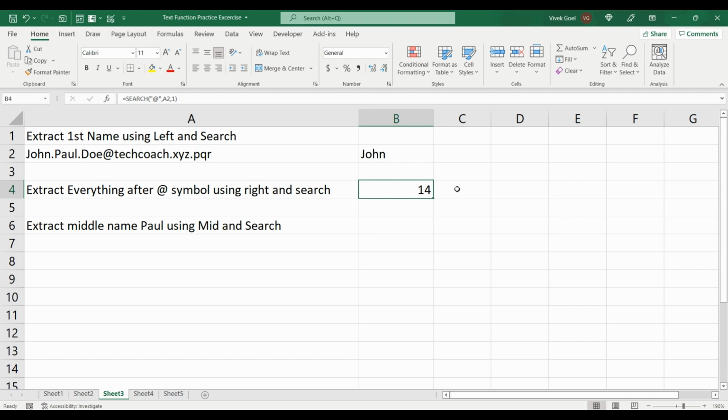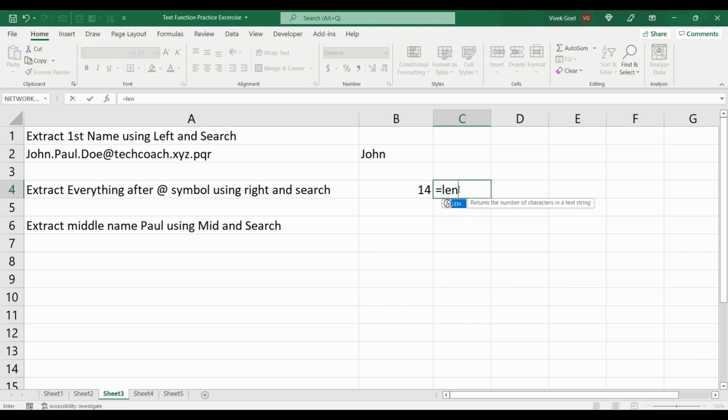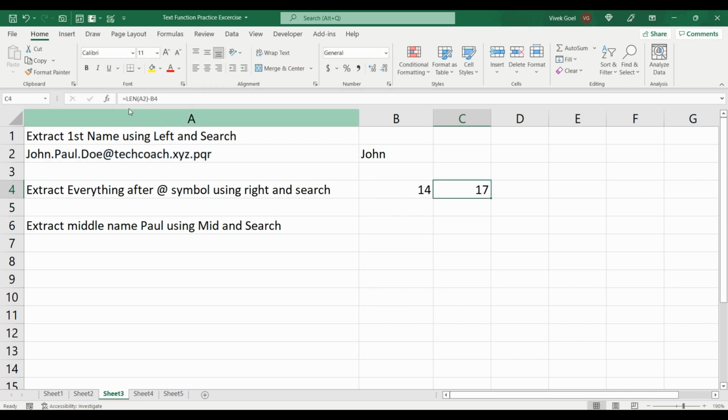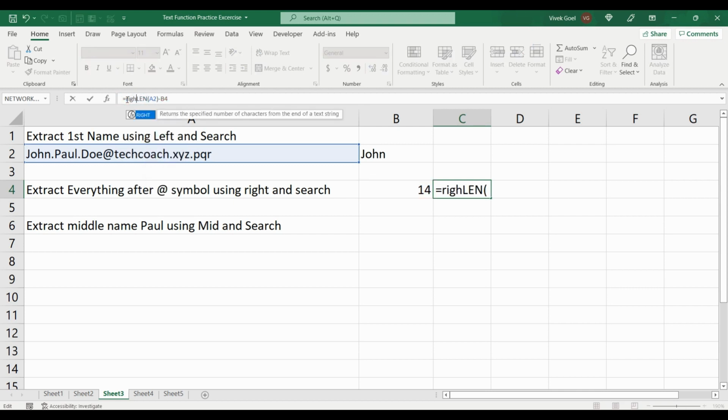Now if we calculate the length of our string and we subtract the value of this function, we will get the number of characters we wanted to fetch. So we will write length and we will specify our string and we get 31. Let's subtract 14 or this formula from our length and now we will plug it into our right function and we will get what we were looking for.